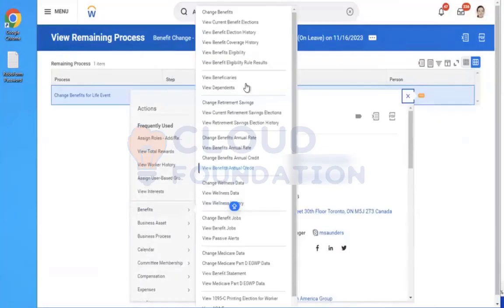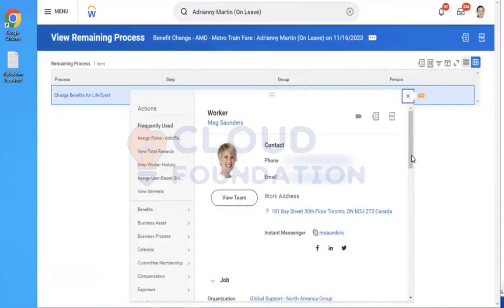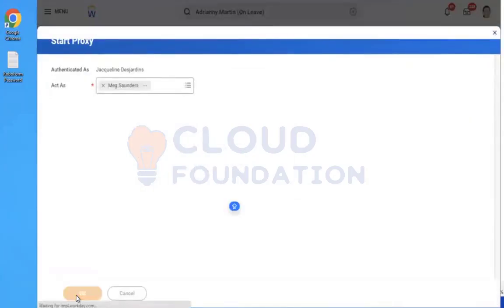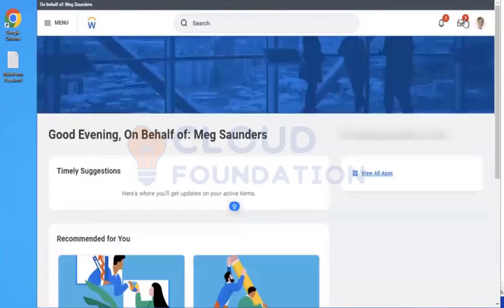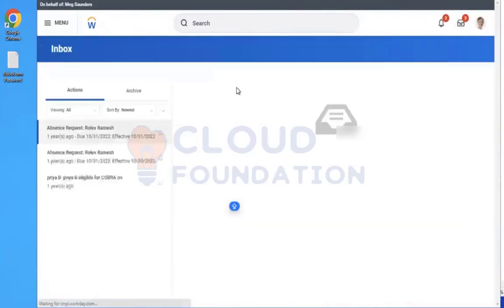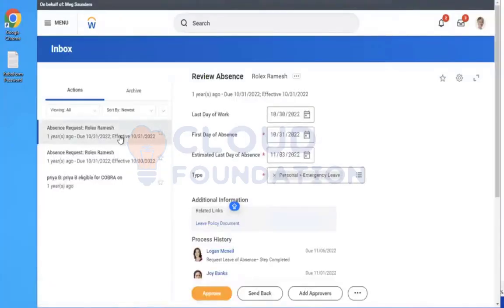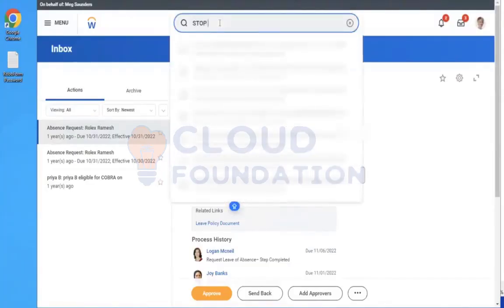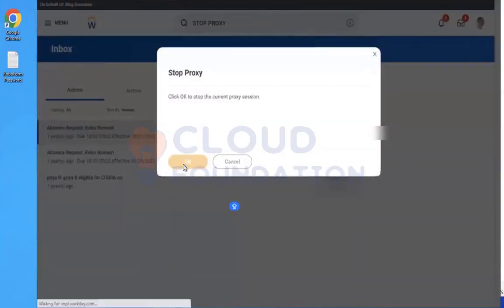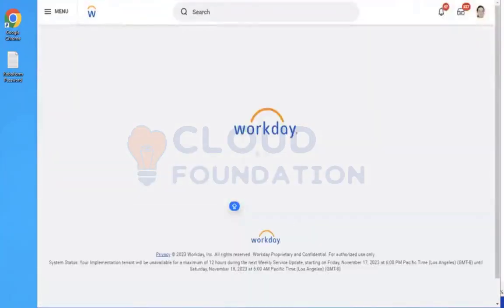Start proxy. Oh, the step didn't come itself. It didn't come here. Yeah, that's working. Then why, with whom is the step awaiting? What happened this time?